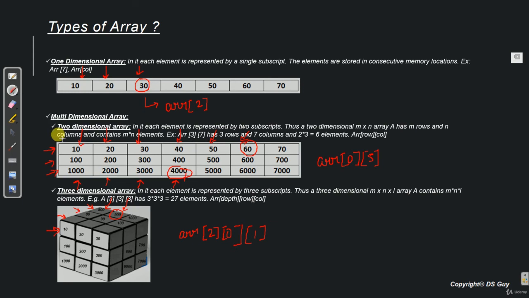So I hope that you have understood what the types of array are and how we access a given cell number. Now there can be one great question over here, that is, how is this array saved in memory? Is it saved in the same way that we are seeing over here, that is multiple rows and multiple columns, or is it saved in some other way?